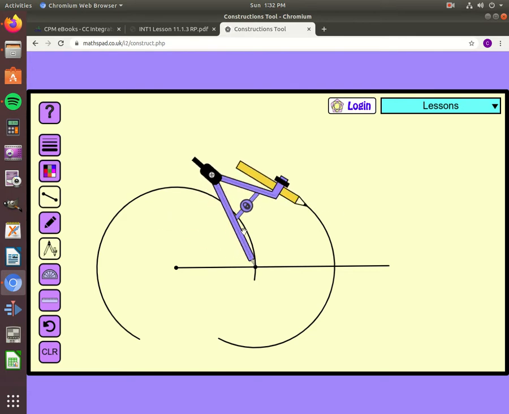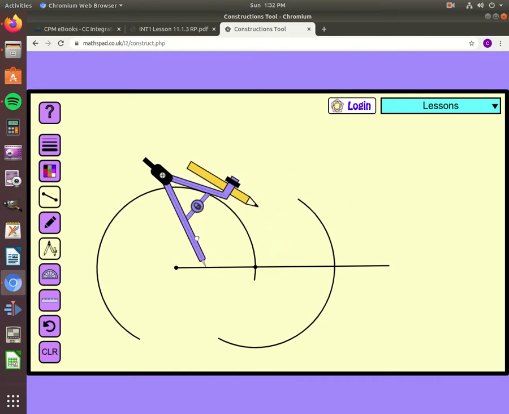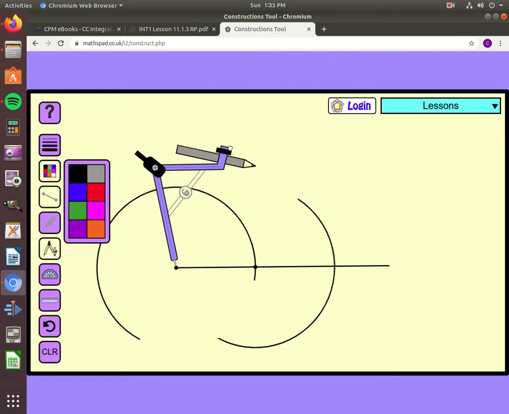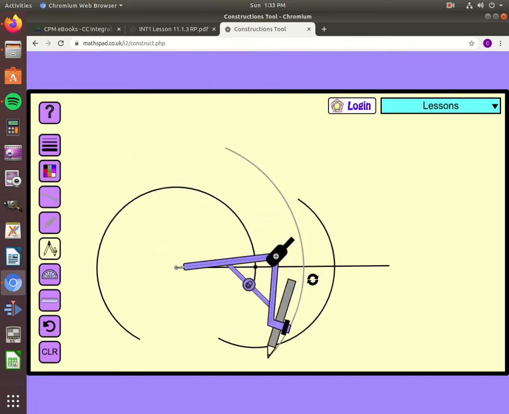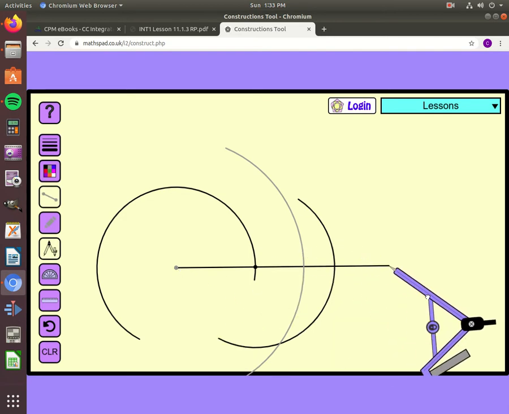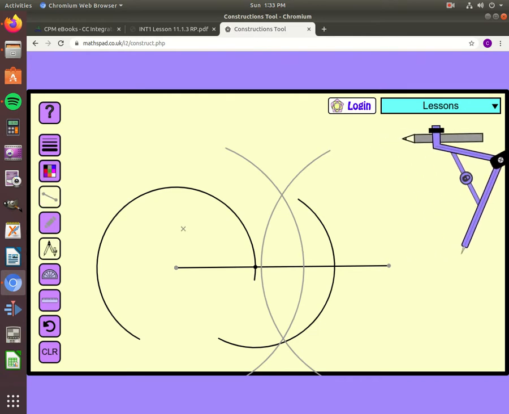So now, again, if we think about it, I know that this length is the same as this length, which is going to be important to me because I'm going to perpendicularly bisect it. So let me change this color, and let me perpendicularly bisect this. Again, it needs to be a little bit more than halfway at least. So I'm going to go ahead and perpendicularly bisect this side. And that's going to be important because now if I connect these points,